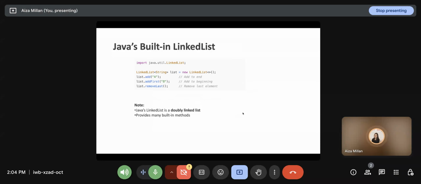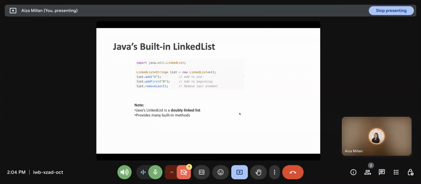Java provides a linked list class in java.util. In this example, we have used the import statement of java.util.LinkedList, and we created a linked list called list. So this is how we create a linked list. Then we use the add method to add a node to the end of the linked list.